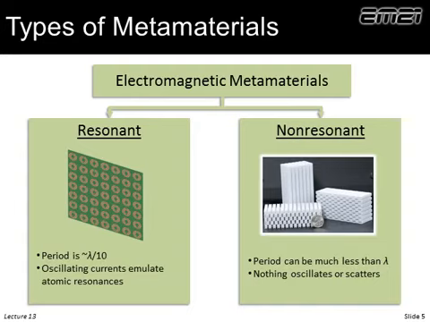In the non-resonant metamaterial, the period in fact is much less than a wavelength. For these, the period can be a millionth of a wavelength, and it will behave the exact same way as if the period is a tenth of a wavelength. My experience with these is that we can push this and get up to about a quarter wavelength, but as we start approaching the scale of a wavelength, it starts looking much more like a photonic crystal, and a different set of physics takes over.